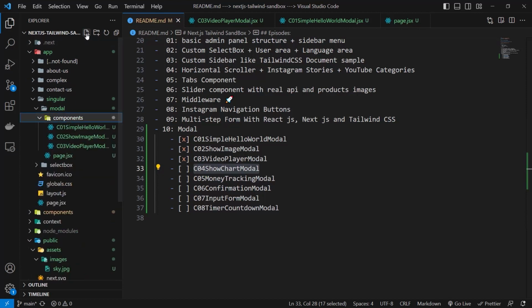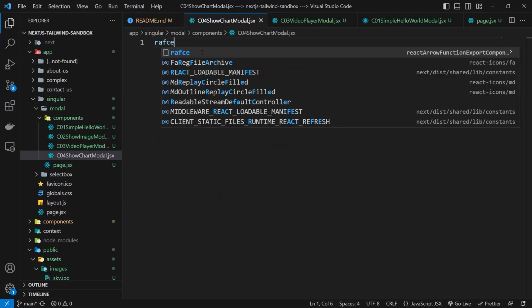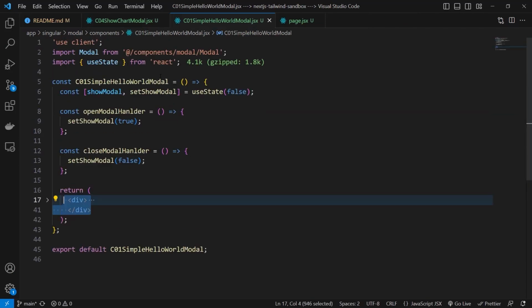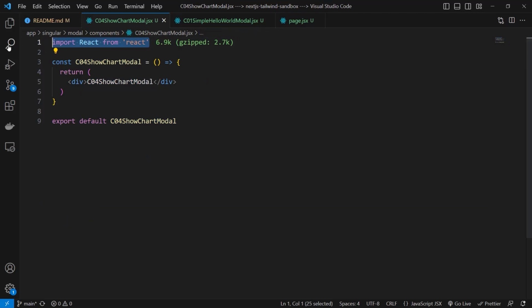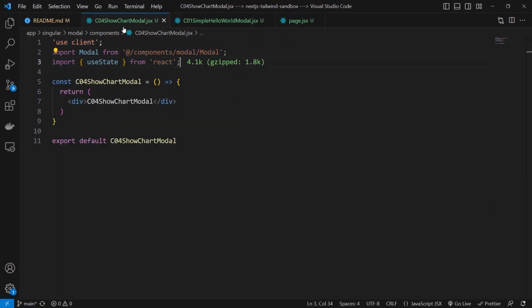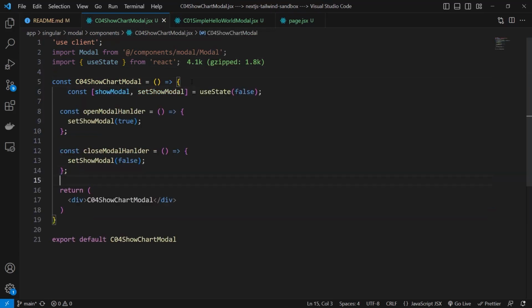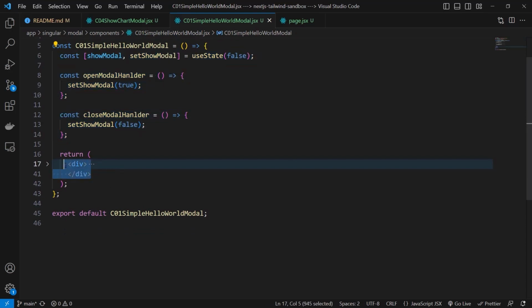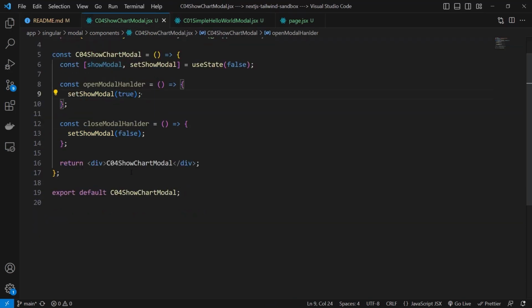Go to the components and create this name.jsx and use RFCE. So good. Let's copy some of them. I will close the example 3, and from example 1 I will copy these 3 lines. Good. And also I want this state and these 2 handlers. That's good. So format my document, and also let's use this division and use it here